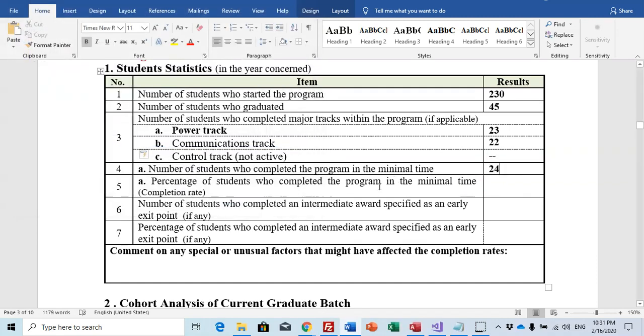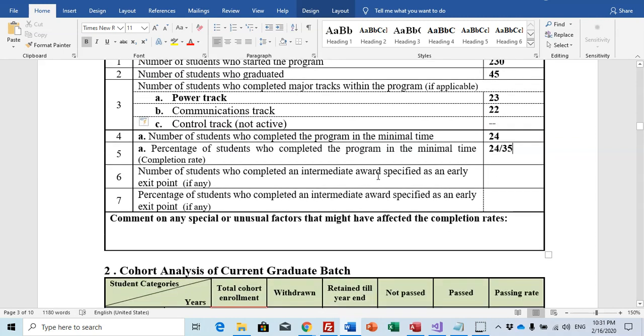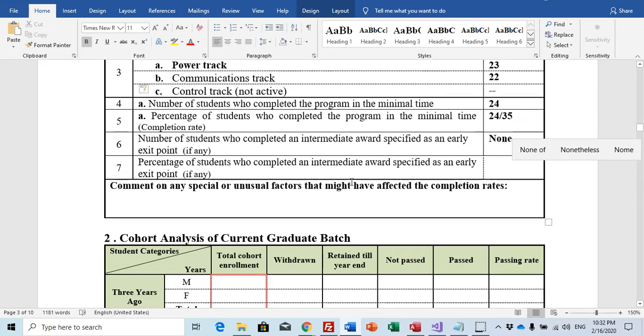Percentage of students who completed the program in minimal time, this is the completion rate. If they started, for example, 35 and they completed 24, your percentage will be 24 over 35 students. Number of students who completed an intermediate hour specified as an early exit point: it is not applicable, none, because there is no intermediate hour specified in our program.